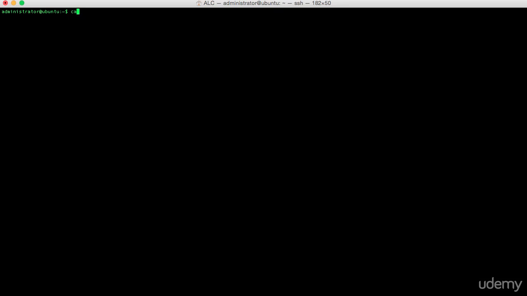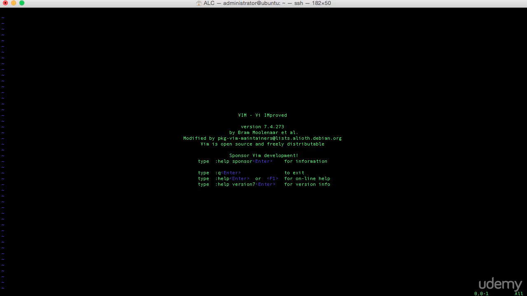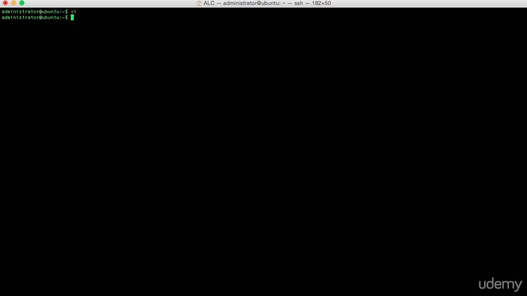Now, Linux systems contain many applications to read and edit text files like cat or vi. I prefer to use vi, and I'd really like you to try this tool as well, as it has a lot of interesting features. So if you type vi here and hit enter, you'll get to the main introduction of vi. It's going to give you the option to enter the help screen and find your way in the documentation of vi. We're going to go ahead and quit vi for now, and instead we're going to type